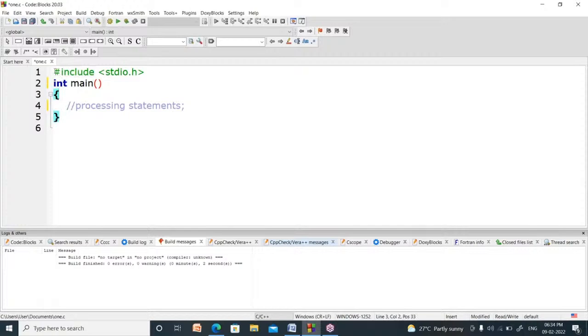Now whenever you write hash include stdio.h, the code inside the stdio.h header file will be copied into your program. So before using the tools of stdio.h, we have to copy those tools into your program. That can be done by hash include stdio.h.